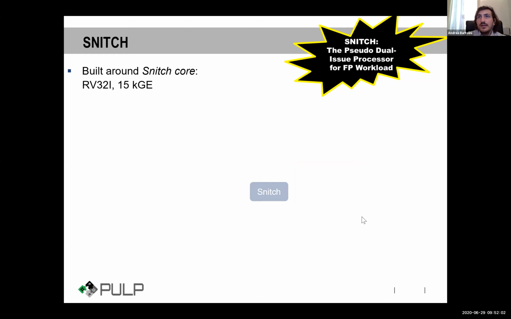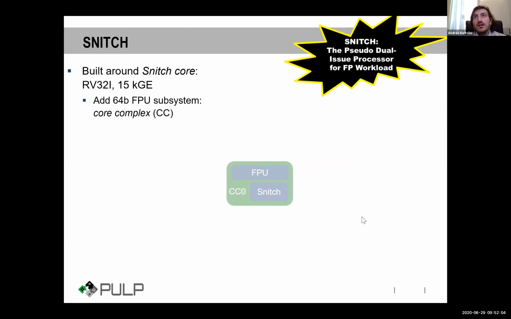On the side of SNICH, we have a floating point unit which is tightly coupled. So SNICH can do the integer and all the address generation, while the floating point unit can do the floating point workload.